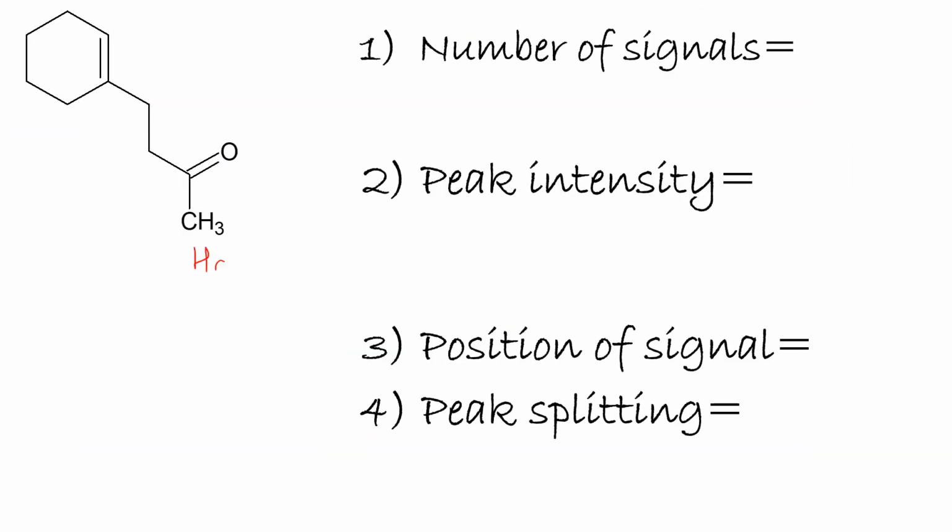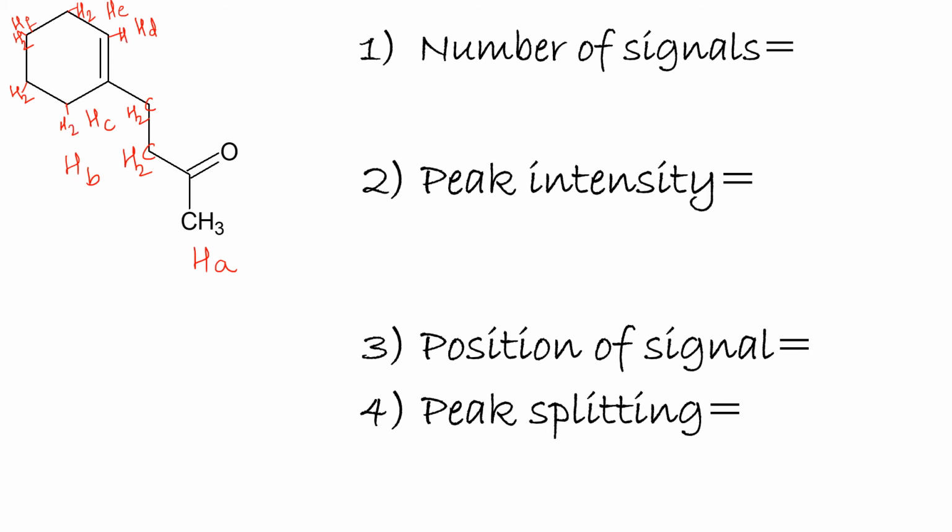Let me name these three as HA, because I find them in the same chemical environment. Then I have HD, HC. See here I have HD. Then here I have two hydrogens, so this is HE. Here F. Here also there are two hydrogens, here also there are two hydrogens, and here also there are two hydrogens.